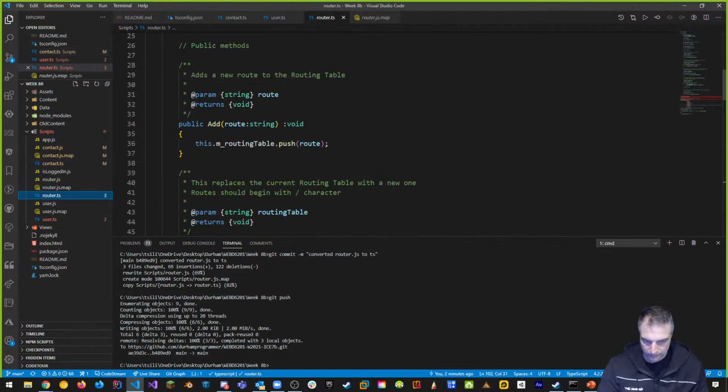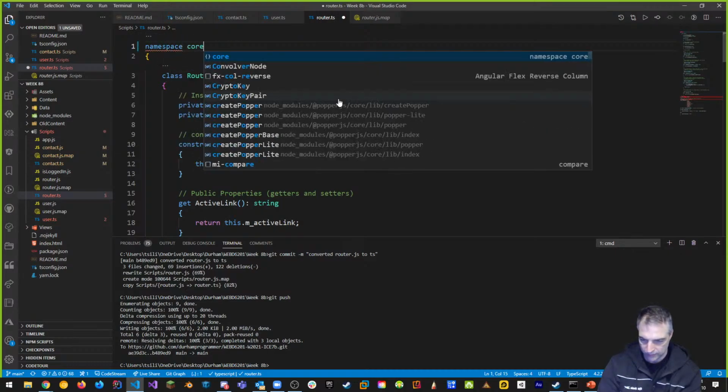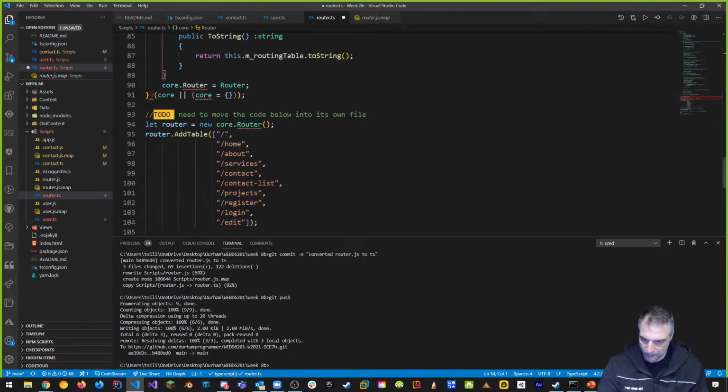Let's do the same thing for router. So router, all the way to the top, I want to get rid of this thing that says core and put in namespace core, right? And way at the bottom, down in here, I want to get rid of this, core router is equal to router, as well as all of this. So we don't need that anymore. So save.